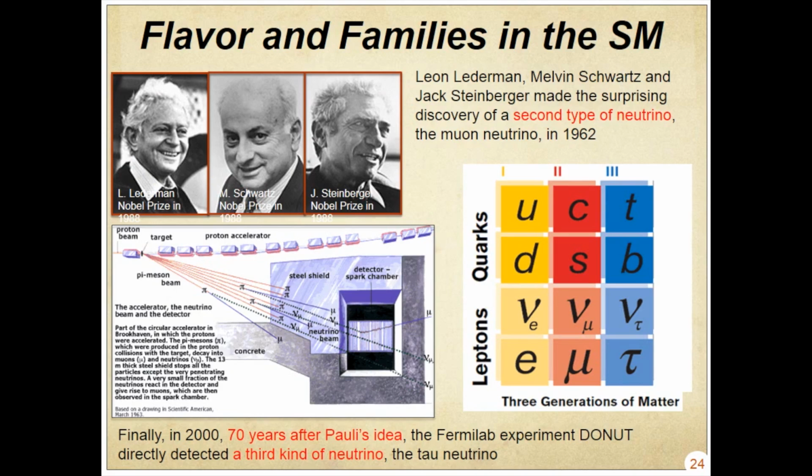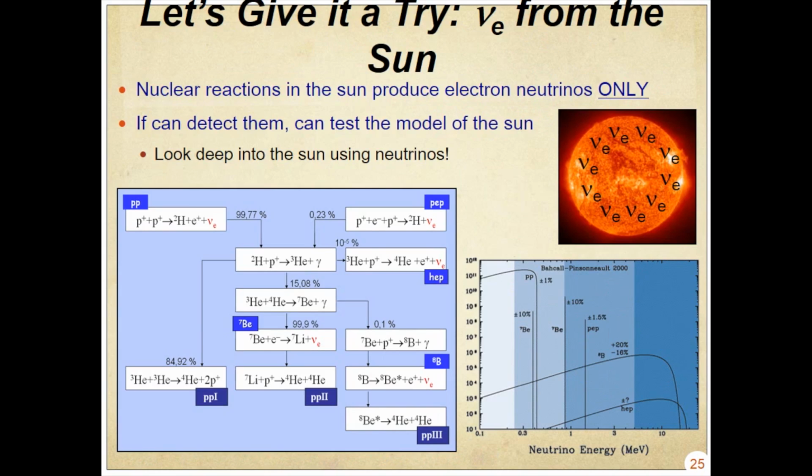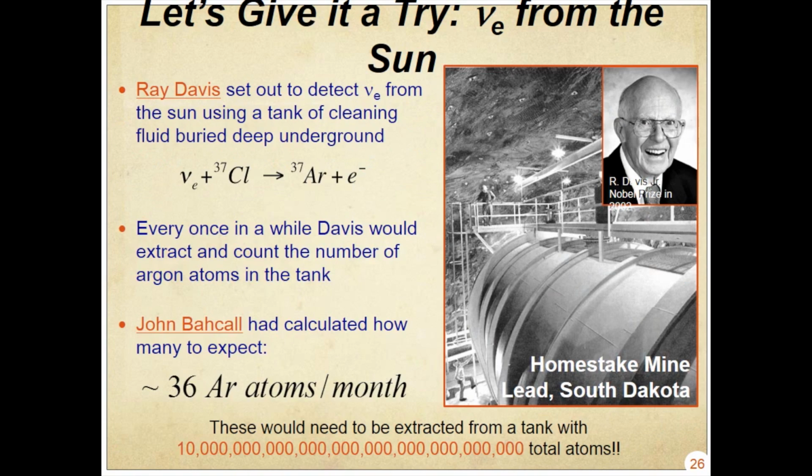So then they decided, all right, let's give it a try. We're going to look at neutrinos from the sun, right? This thing that makes this enormous number of neutrinos. So they did that. This is the crazy, complicated chain and the flux that one expects. So this guy, Ray Davis, built this huge detector down deep in a mine to shield himself from other backgrounds.